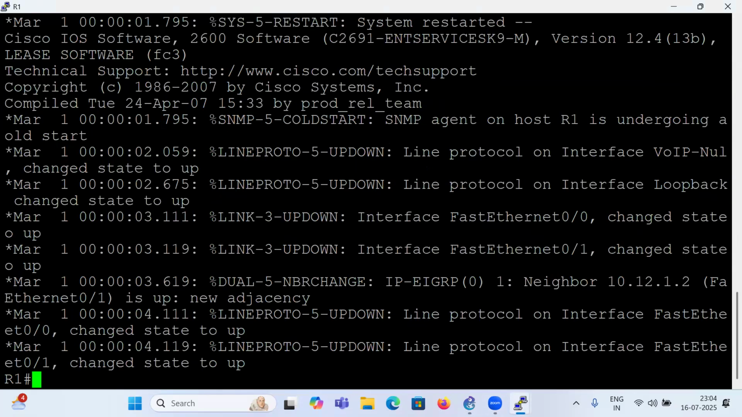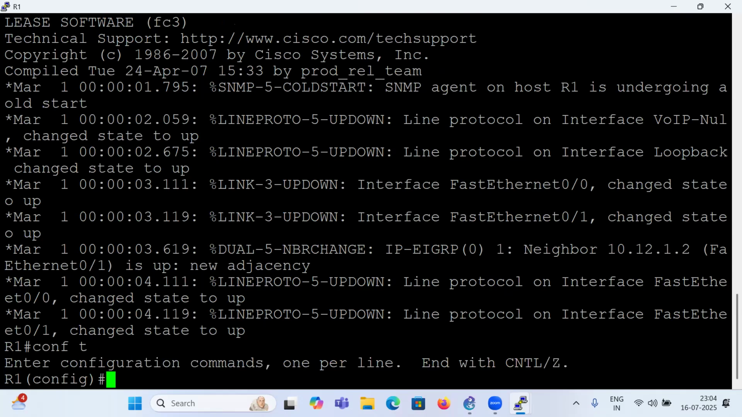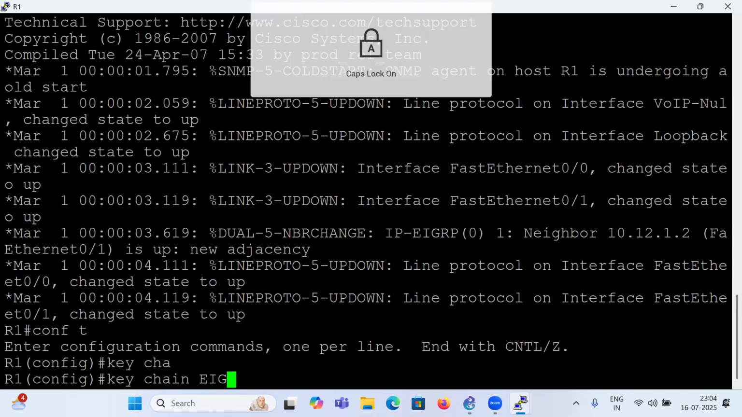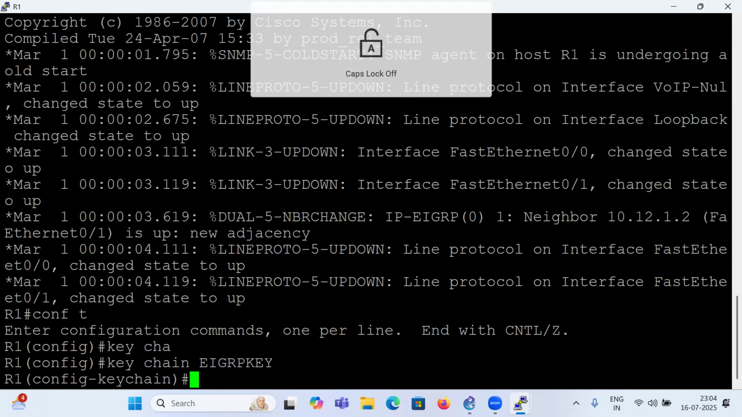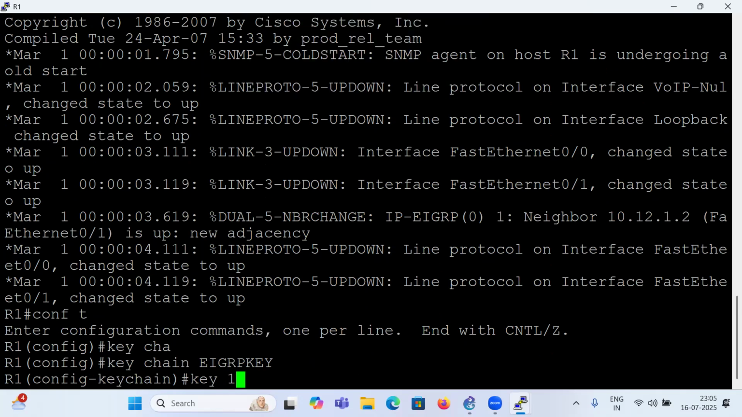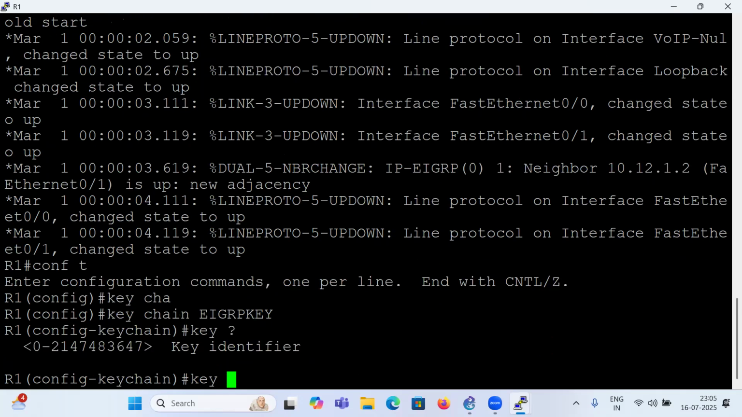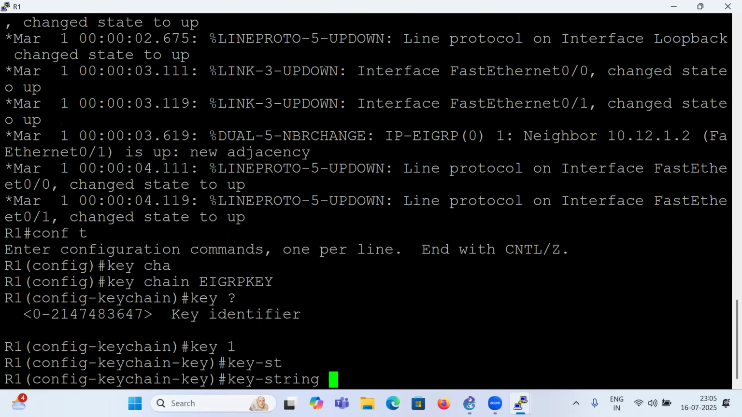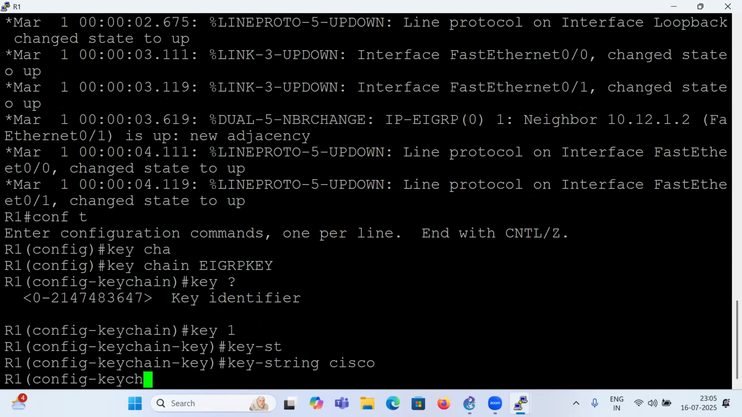So on R1, go to the configuration terminal and enter here key chain, whatever you want to name this key. I will use EIGRP key, and then you have to give the key number. You can assign any number, and then you have to assign the key string, means password. So I am going to write here Cisco,